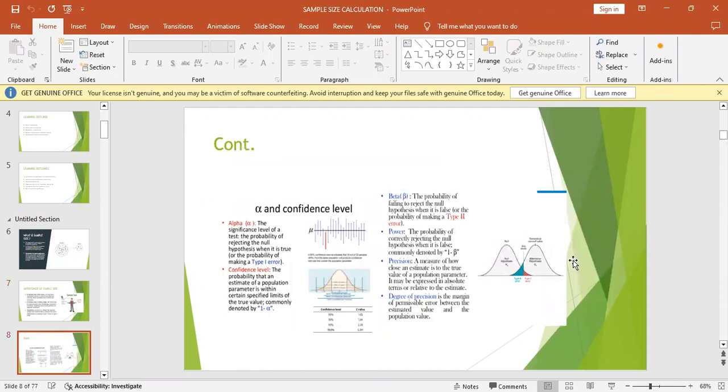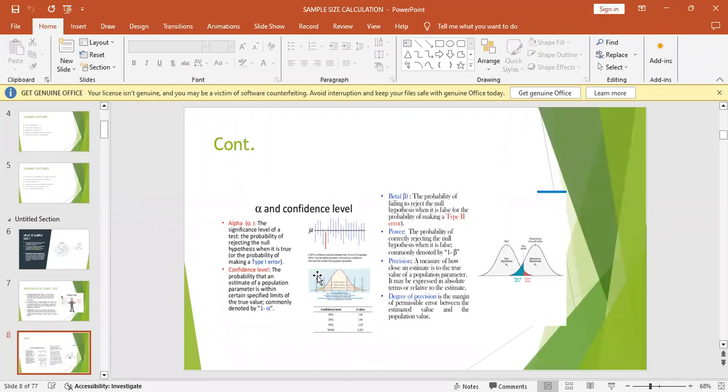Now, alpha. Alpha is also called the level of significance. It is the probability of rejecting the null hypothesis when it is true. It is called the type 1 error, and the type 2 error is the beta. It is the probability of failing to reject the null hypothesis when it is false, the probability of making a type 2 error. The confidence level is the probability